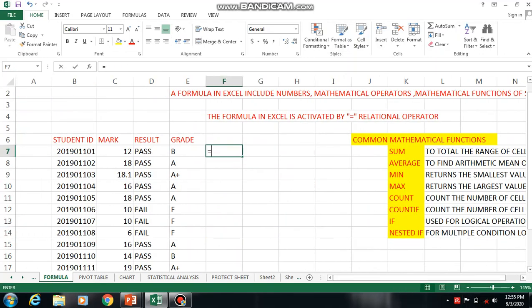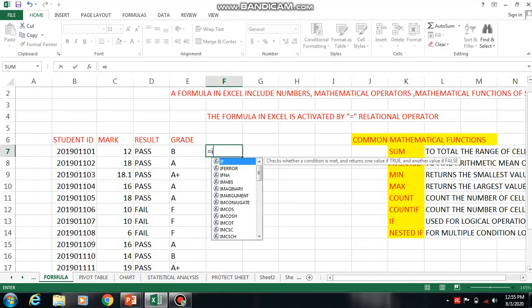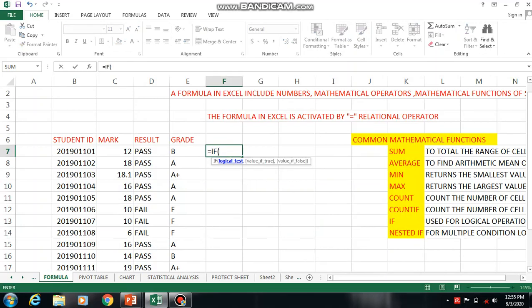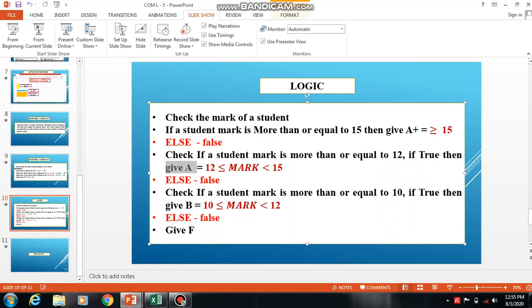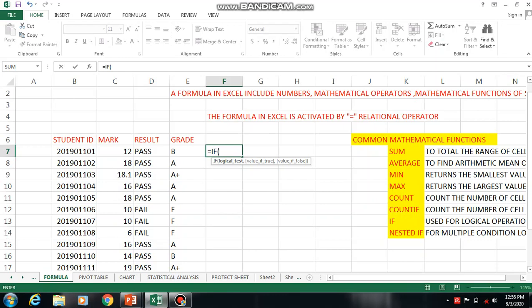The first thing is if. The first condition is to check whether the student mark is greater than or equal to 15. This column is the mark column, so you select it.